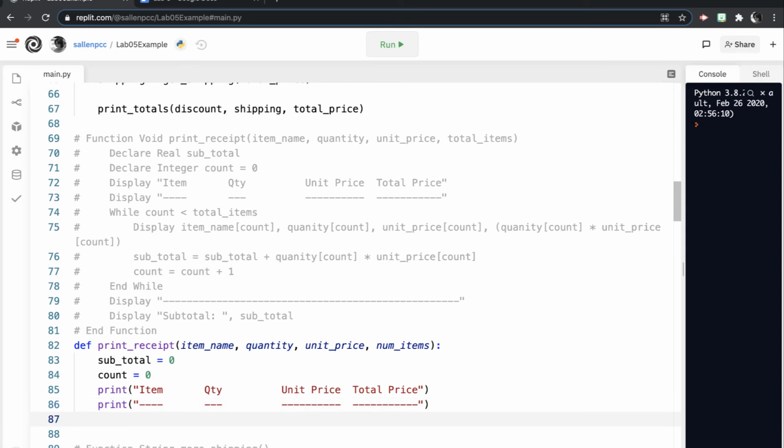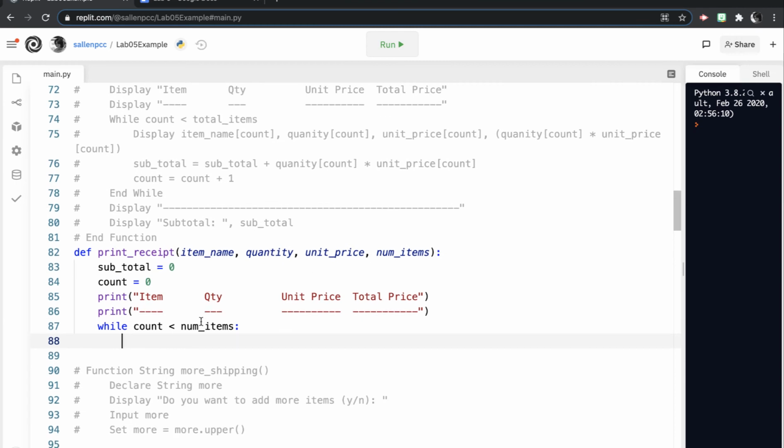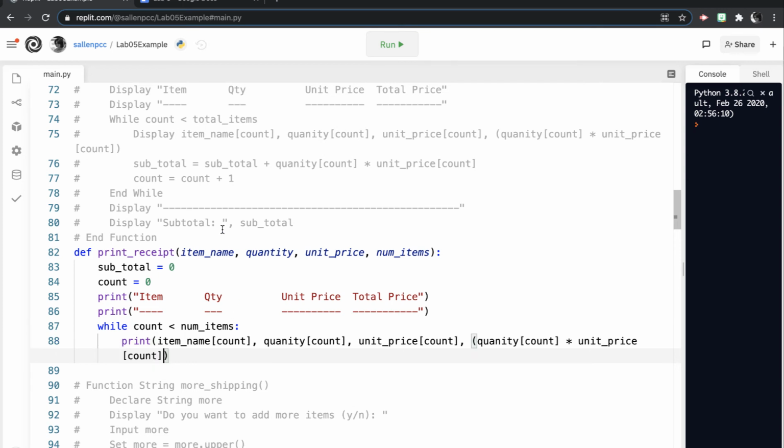and now I'm ready to loop. So I'm going to loop while count is less than num items. So while count is less than num items, what do I want to do? I want to print out each of those elements in the array. So I want to print, and then I'm just going to go ahead and copy this. Okay, so I'm going to print those